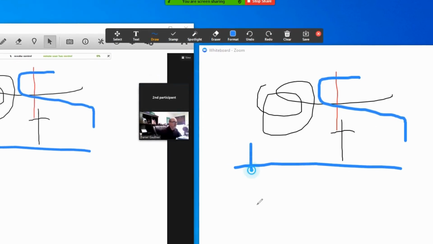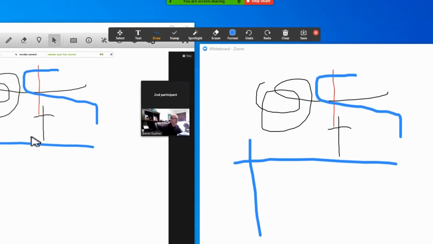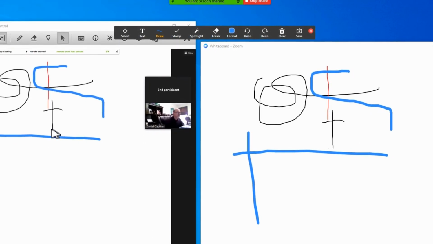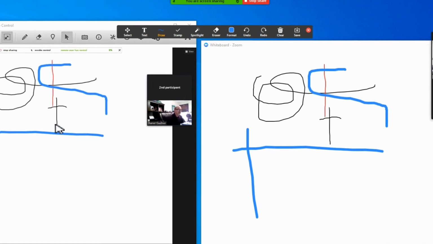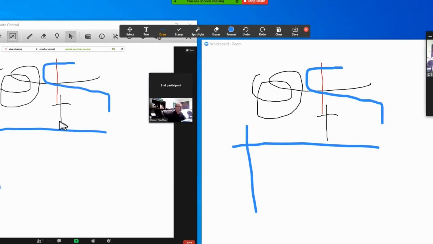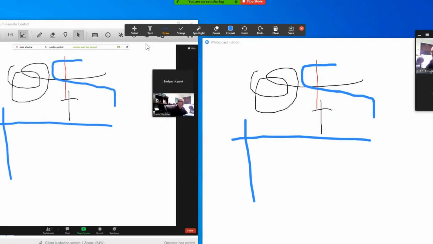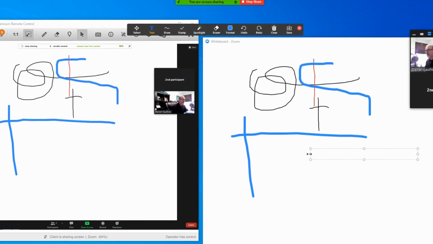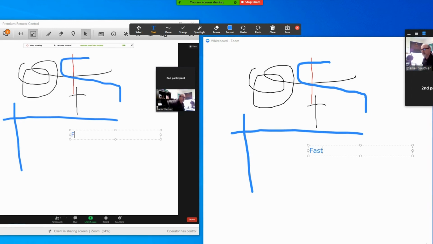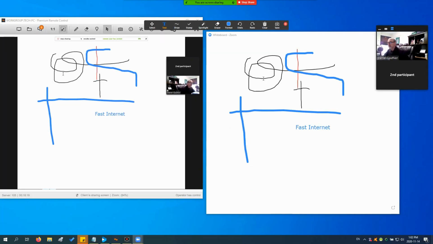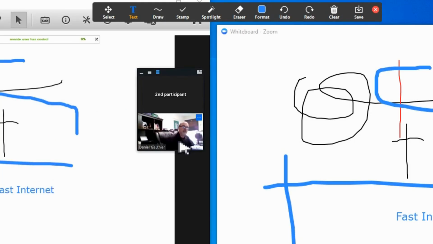And you can tell that there is a little bit of a delay, even though this is on the same network that I've got the two computers on. It's still got to go out to the web and access Zoom's server and then come back down. But it is responding pretty quick because I'm on a very fast internet here. So anyway, that's sharing this. They can still see me on the side here, as you can tell.